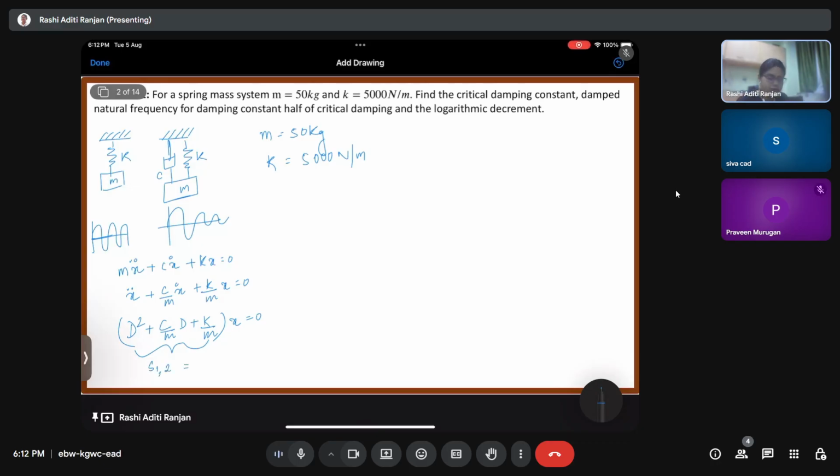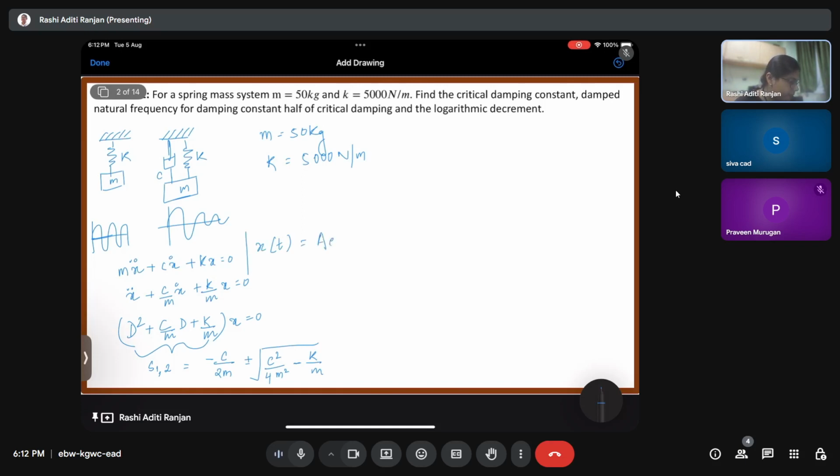Since it's a second order system, I'll get it as c by 2m plus minus under root of, this should be 4. Yes. So now if I have these roots, I can write the solution of x in terms of time t as